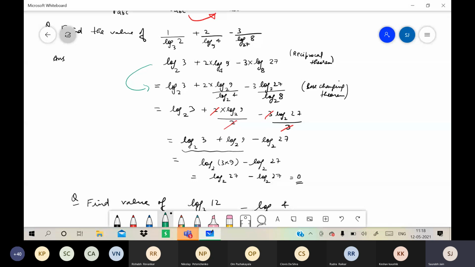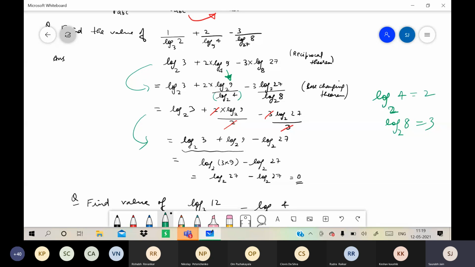Yes, sir. This is base changing theorem, no? What I have done, see, log 4 base 2. After that, you need to write these values, no? What is log 4 base 2? You get this value by the definition. What is the power of 2 so that we get 4? 2 is the answer. What about log 8 base 2? What is the power of 2 so that we get 8? 3 is the answer. So you put these values 2 and 3 and they are getting cancelled. Correct?